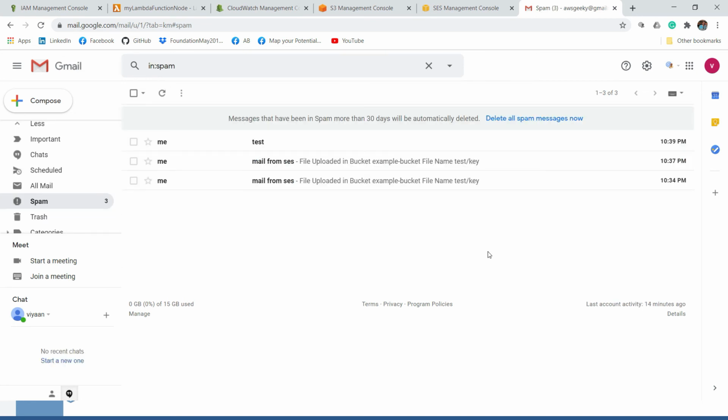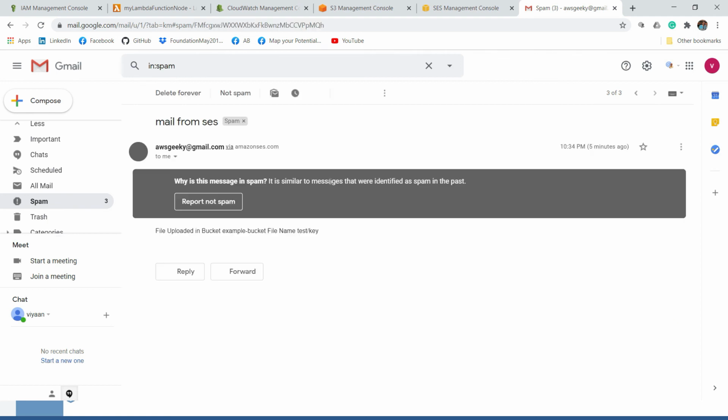So guys, as you can see in my inbox, there were a couple of mails generated, and they got stored in the spam folder. Never mind. If I just open it, it says file uploaded in bucket, example bucket, which is just a virtual bucket used for testing, file name test-key. So great. Now we have confirmed that our